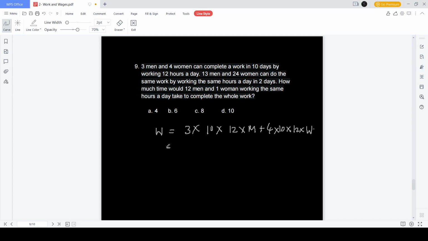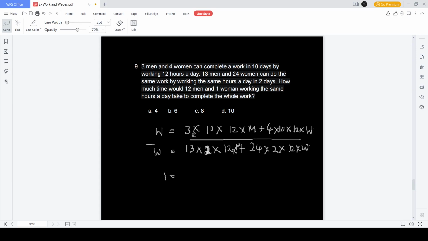So also one more equation is W is equal to 13 men into 2 days into 12 hours a day plus 24 women into 2 days into 12 hours a day into efficiency of a woman. Okay, so you divide these two equations, LHS by LHS, RHS by RHS, you get 1 is equal to